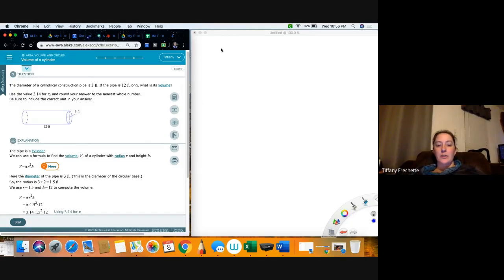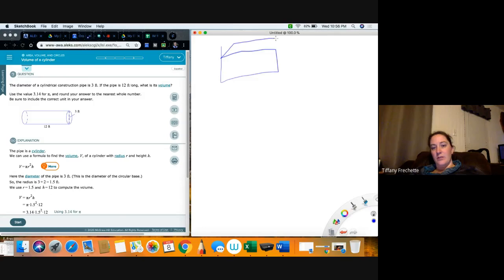We found the volume of a rectangular prism earlier, and I'm going to draw a rectangular prism really quick here. So this is what a rectangular prism looks like, right? Mine's not too terribly great there, but ignore this little line. I drew that a little too tall. So a rectangular prism is a box, basically. And the way you find the volume of a box is length times width times height,